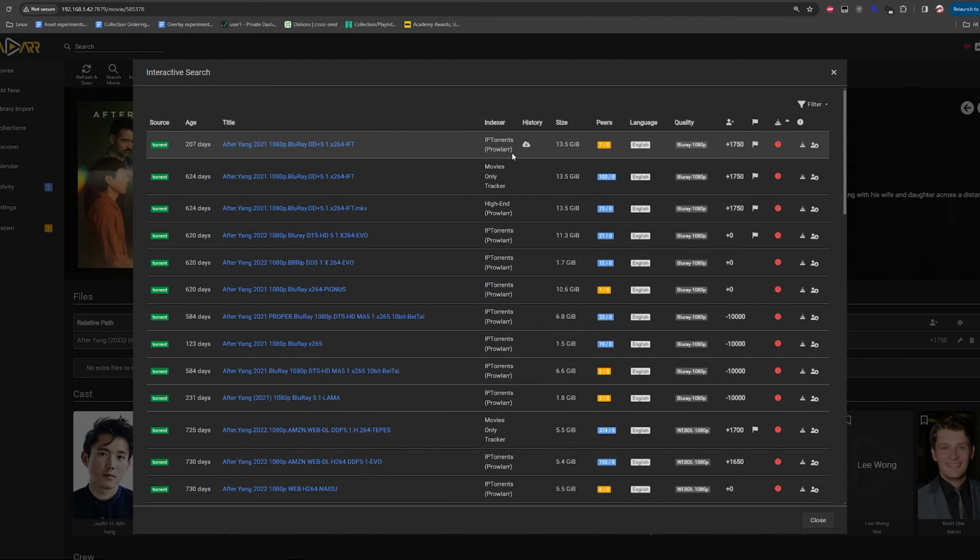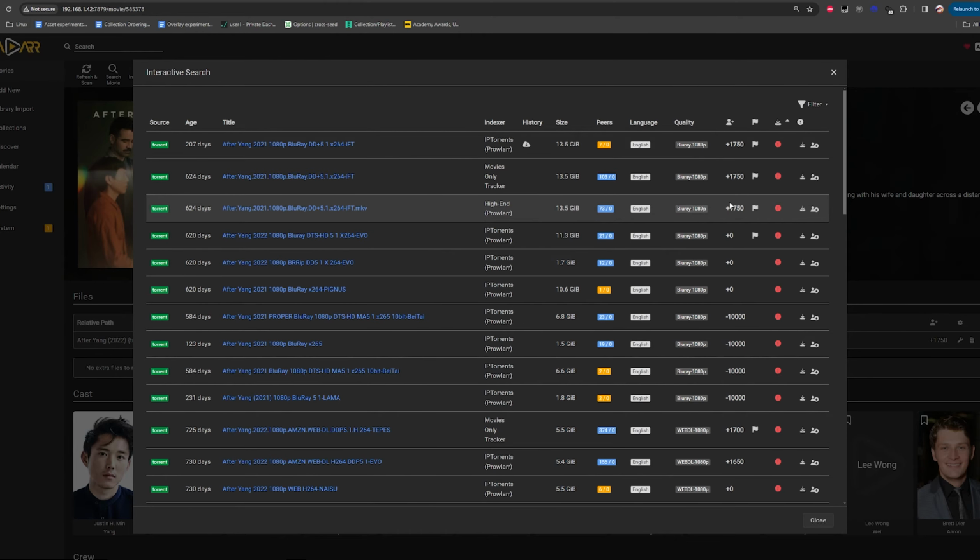Now, again, of course, the speeds on these trackers for new releases is going to be quicker, right? Higher quality seeders, et cetera, et cetera. But assuming you're just trying to update your library's older titles, of course you want BitTorrents to be the first thing that it grabs from. Because again, with BitTorrents, you could probably donate. It's easier to keep a higher ratio where you're not competing with a bunch of seed boxes, compared to these movies only and higher end trackers.